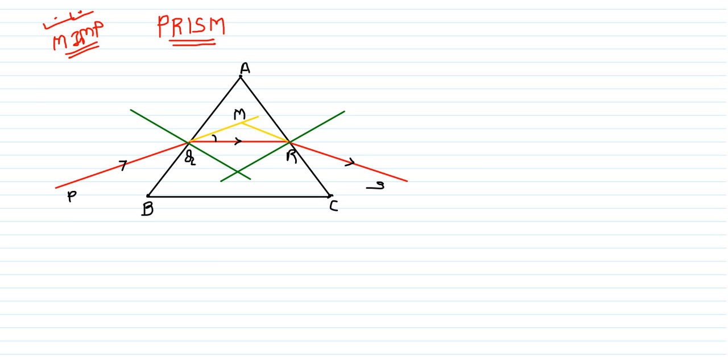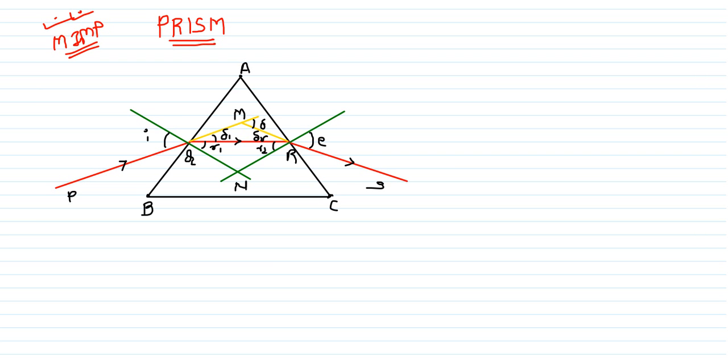So here this angle is delta 1 and this angle is delta 2, and here it is at angle delta. You can say this angle is R1, this angle is R2. Okay, it is the angle of incidence I and it is the angle of emergence E. They will intersect at a point N, right friends. So it is just a diagram of a prism, one of the very important ones. Now it is very easy.